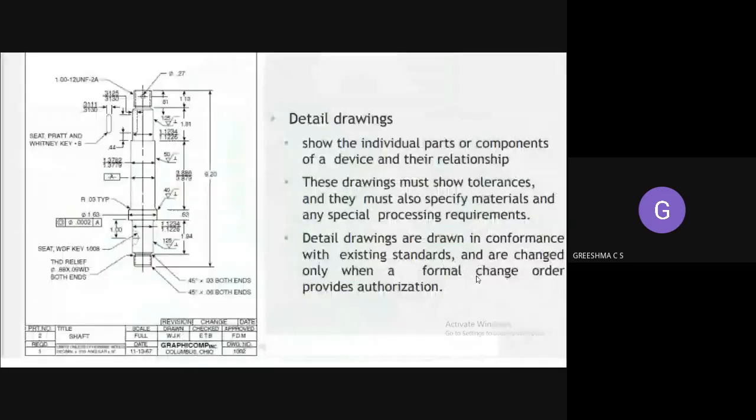Second one is the detailed drawing. From the name itself we can understand, it is a drawing where information is conveyed in detail. This shows the individual parts of the components of a device and their relationship. In a detailed drawing, what are you seeing? You will be able to see the